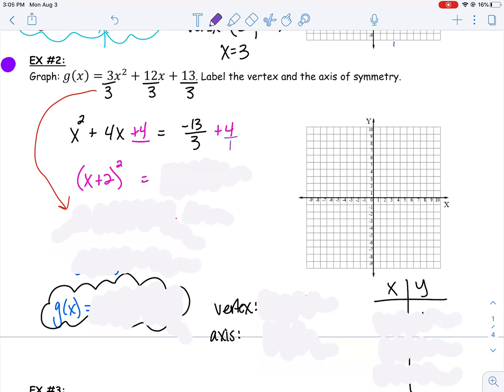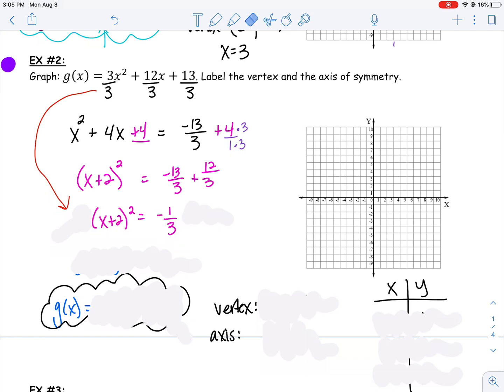Now on the other side, the right side, I have a fraction and I need to add 4 to it. So I really have 2 fractions if you want to think of it that way. And anytime I'm adding fractions, remember we need a common denominator. So it looks like I'm going to need to multiply this second fraction, numerator and denominator, by 3 so that I can get a common denominator. When I do that, I have a negative 13 over 3 plus 12 over 3, which really gives me a negative